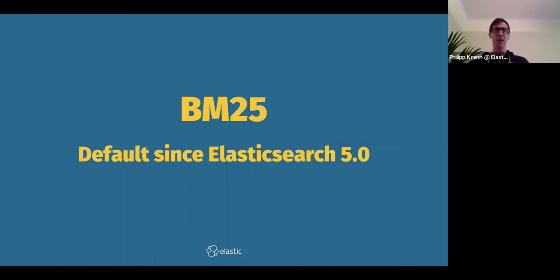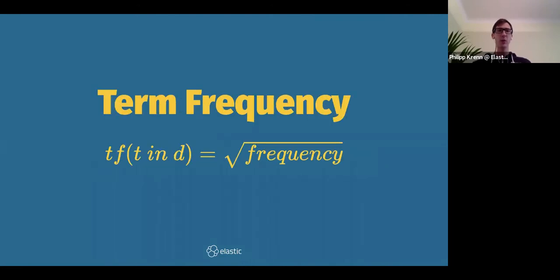Generally it has three main components for calculating relevancy. The first one is term frequency, which is pretty simple. Let's assume you're searching for Luke, and one document contains the term Luke 3 times, and another contains Luke only once. The document that contains Luke 3 times is probably more relevant for Luke searches than the one that only contains it once.